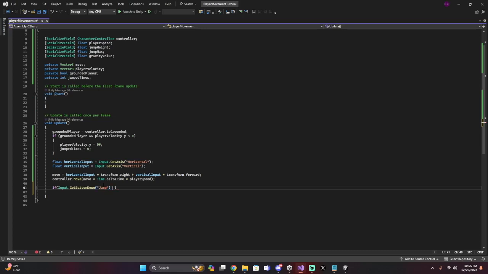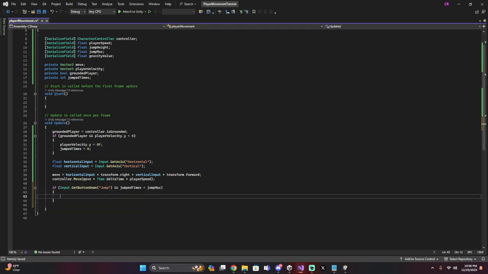Okay, once we have that, if GetButtonDown Jump, which is the space bar, and jumpTimes is less than jumpsMax, meaning that we can still jump because we haven't hit the max yet, we're going to set the player velocity